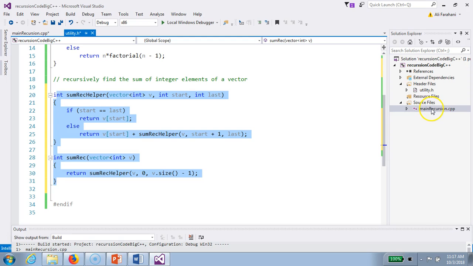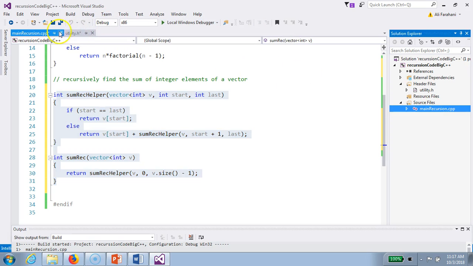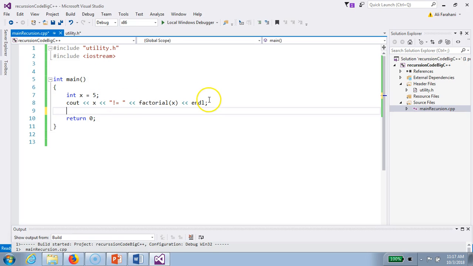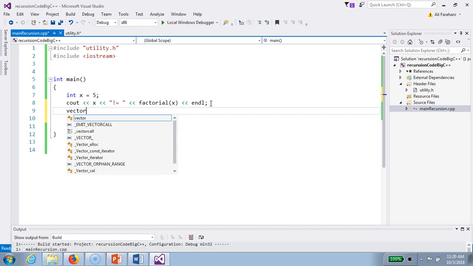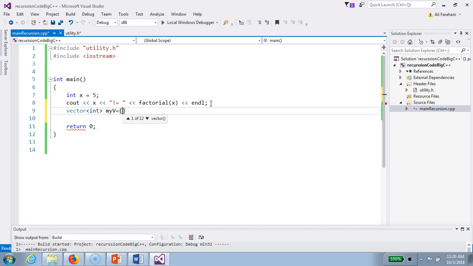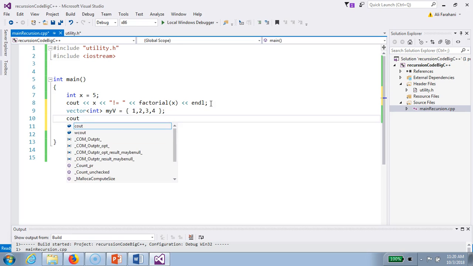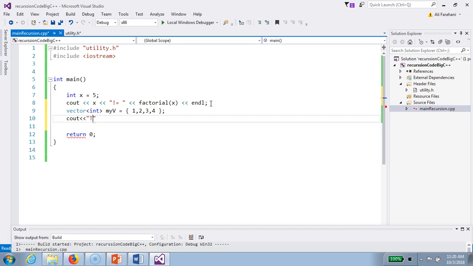Now I'll go to the main. Here I already had written a factorial function and tested it, and now we want to test the sum function. So start by creating a vector of integers in the main. Let's call this vector myv and set it equal to, let's say, 1, 2, 3, and 4. Those are the elements of the vector, and then we'll have this cout the sum of the elements